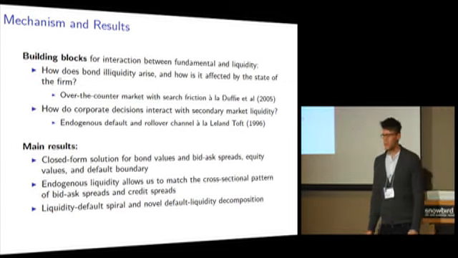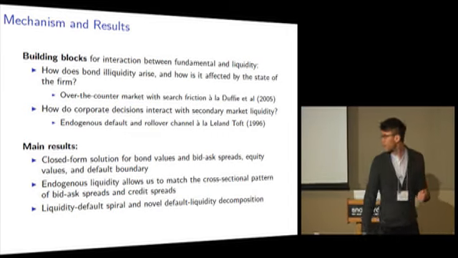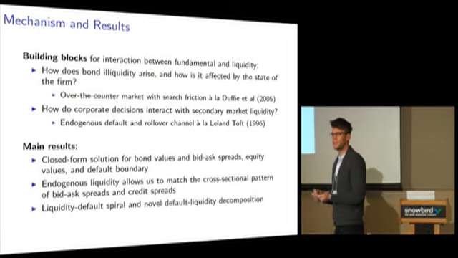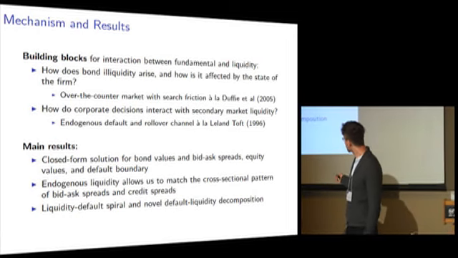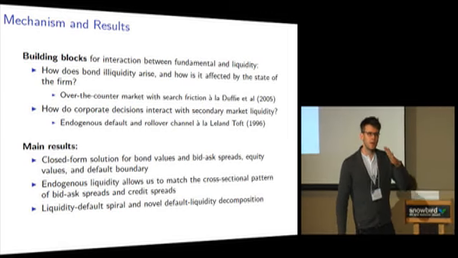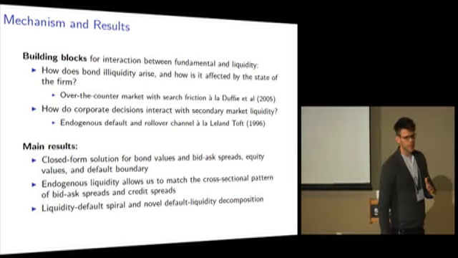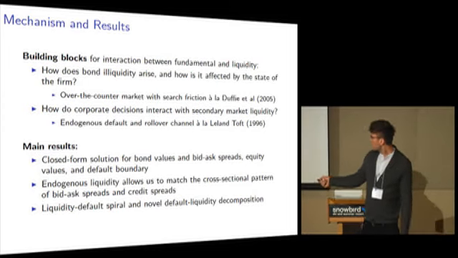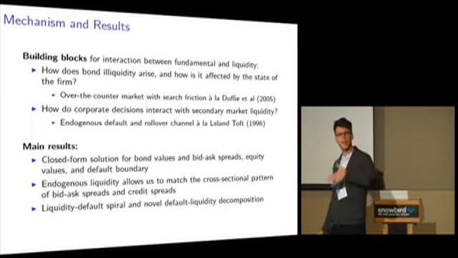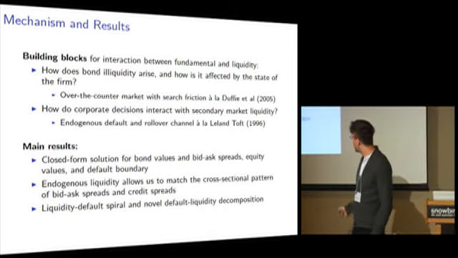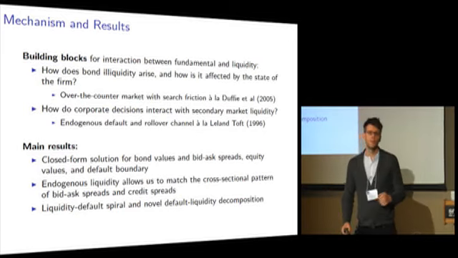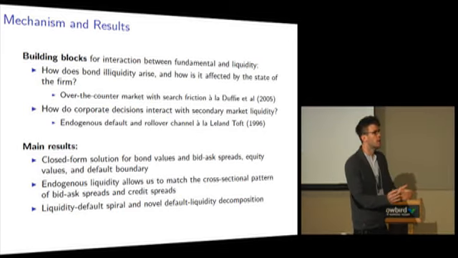and the default boundary. And we can also show that the endogenous liquidity now allows us to match in the calibration the cross-sectional pattern that we just saw. So we roughly match the bid-ask spread cross-sectional pattern and the credit risk cross-sectional pattern. And theoretically, we can show there's a liquidity default spiral, how liquidity interacts with default and vice versa. And it also allows us to have a default liquidity decomposition that's more informed than the kind of assumption that